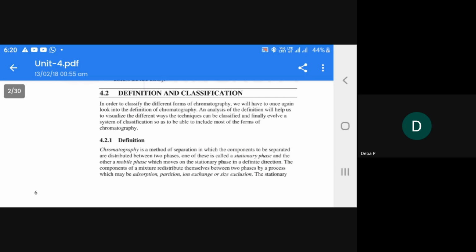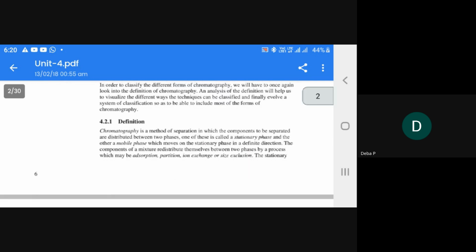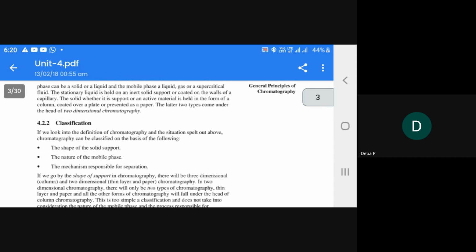So these are the processes by which the adsorbent will be adsorbed on the adsorbate or the stationary phase. The stationary phase can be a solid or a liquid, and the mobile phase is a liquid, gas, or a supercritical fluid. The stationary liquid is held on an inert solid support or coated on the walls of a capillary. The solid, whether it is support or an active material, is held in the form of a